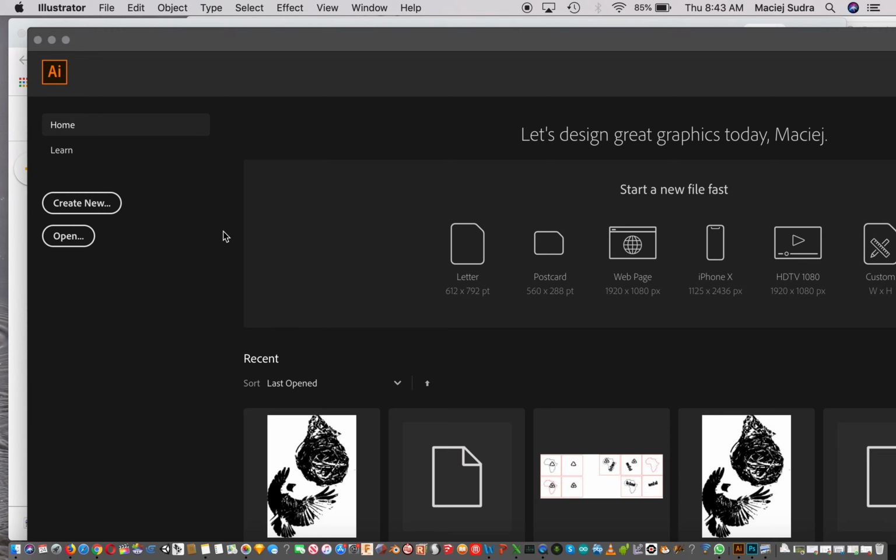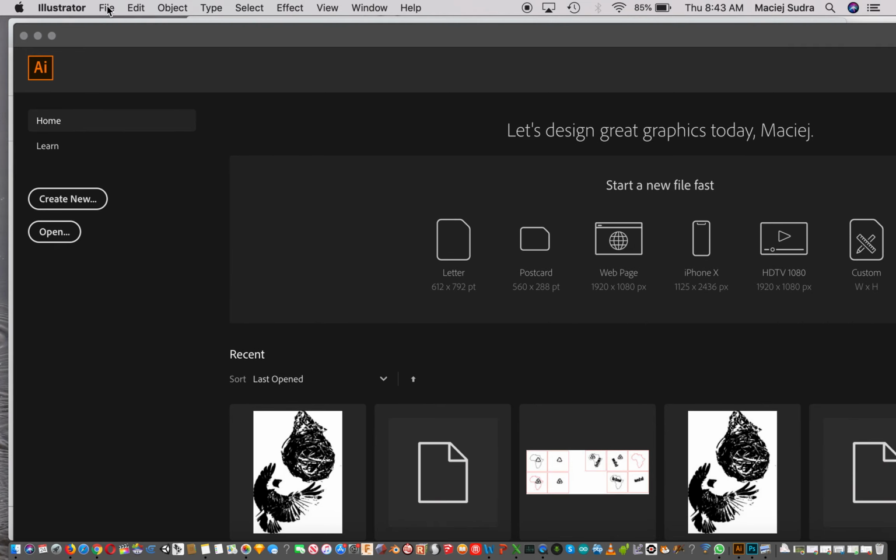Okay, so we're going to go over creating a simple design in Illustrator that can be laser cut. For example, for creating a mold for Plastiki Rafiki that can be injection molded. So first thing you're going to do is you're going to be in Illustrator and you're going to say